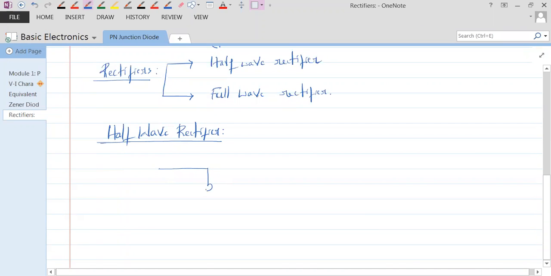Everybody. So most of you are electronic students. So these are all going to be very good basics to you. You have to have very strong basics. So learn it very well.